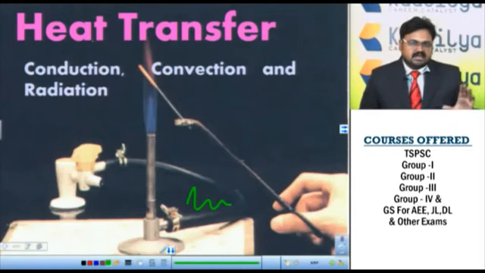The radiation of the sun travels from sun to earth. The average distance between sun and earth is around 149 million kilometers. Now even such large